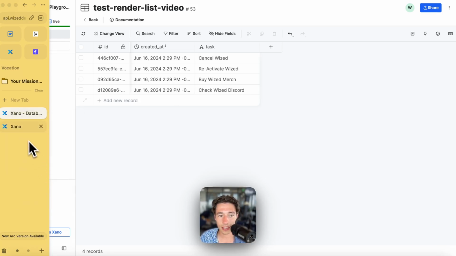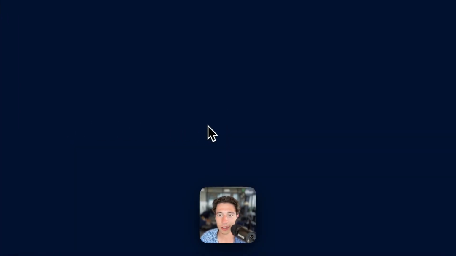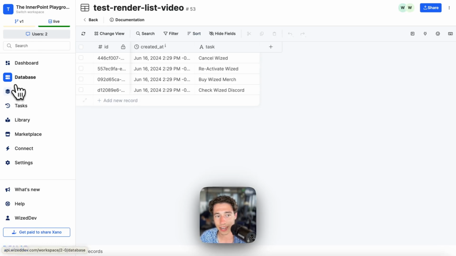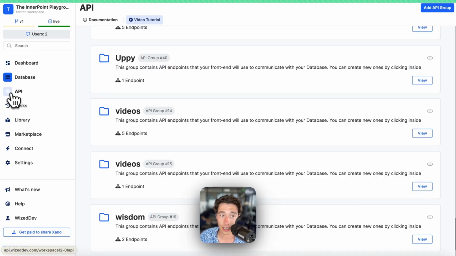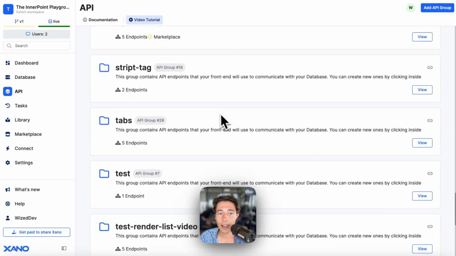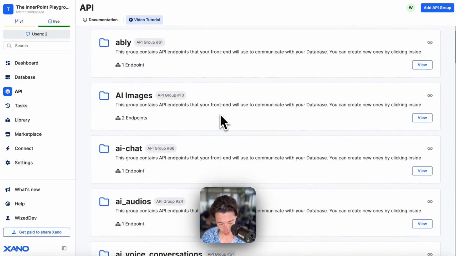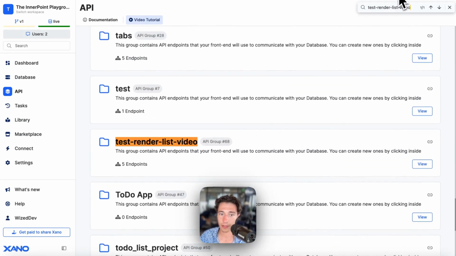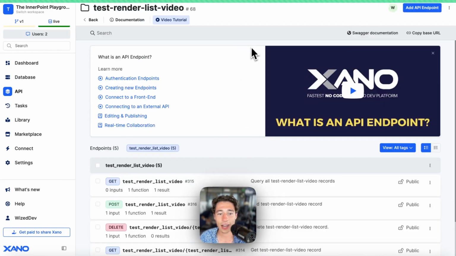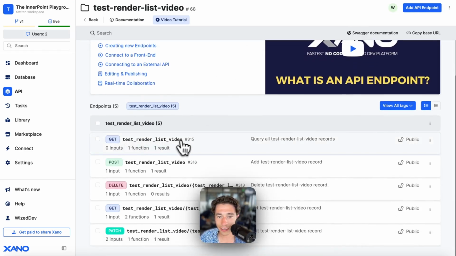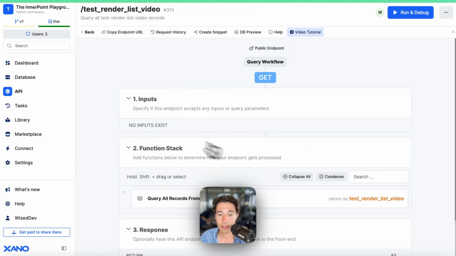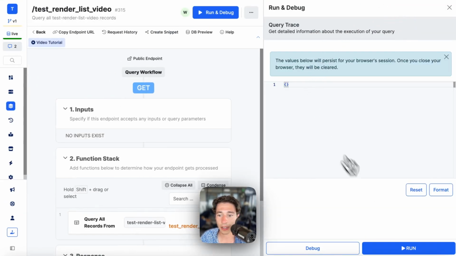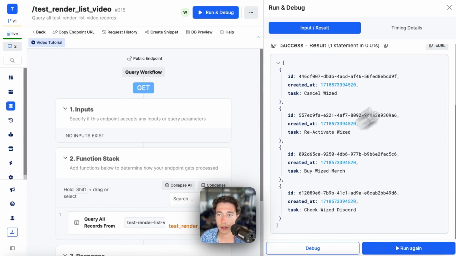So if I duplicate this tab now, I'll just do this because in Xano we're working across multiple sections. I want to go to the API section here, right here. And now let's go Command F. Let's put this in here, and there we go. So now we have our CRUD endpoints. We have get. This will query all test render list video records. So if I go on run and debug and run this, you see I will get all of them,